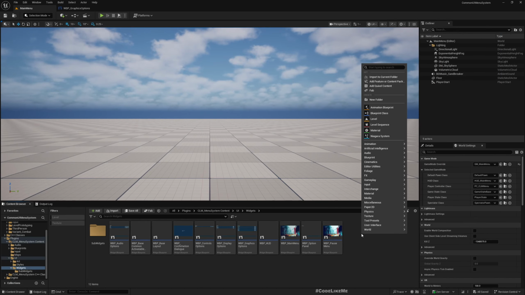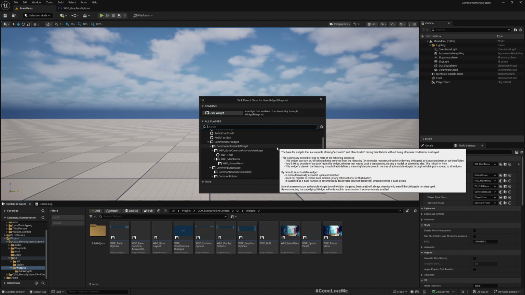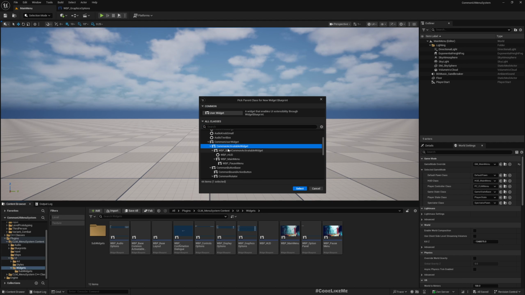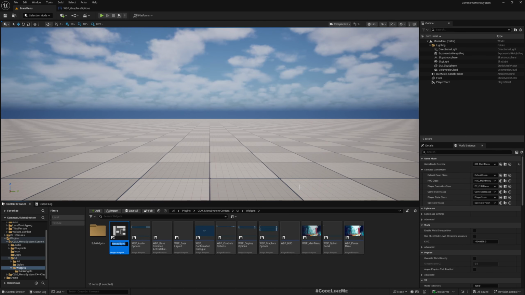So let's create a user interface widget blueprint, and I'll choose common activatable widget, this one, base common activatable widget. This is something we already created in this project, but if you don't have that, you can use this common activatable widget. And WBP